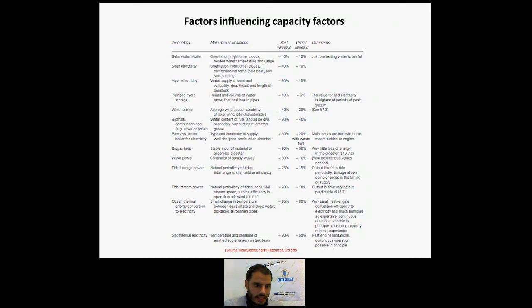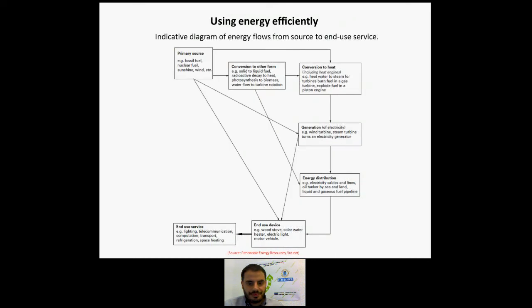Now, using energy efficiently, what can we say about this? Well, first,